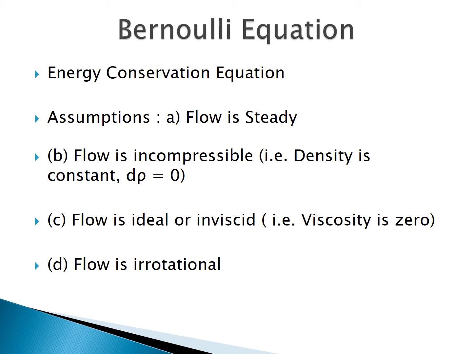The next assumption is that the flow is incompressible. By the word incompressible, we mean that the density change is 0. There is no change in density, so it is written d rho equals 0. You can take the example of water. In the further slides we'll see that water has a density of 1000 kg per meter cube. It is a constant density fluid, so there will be no